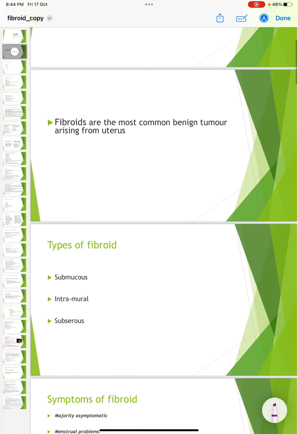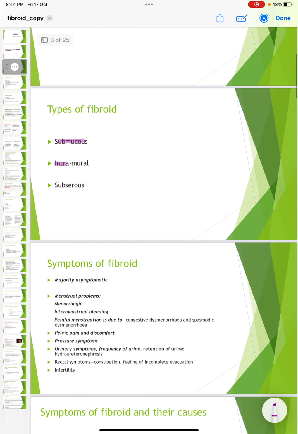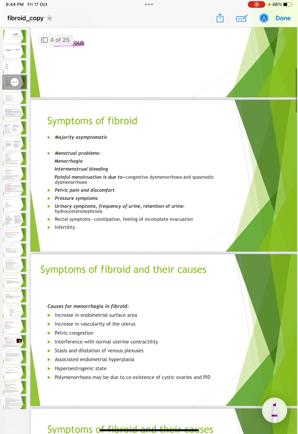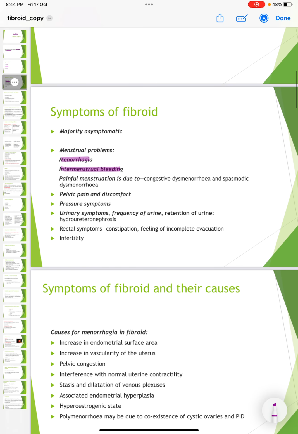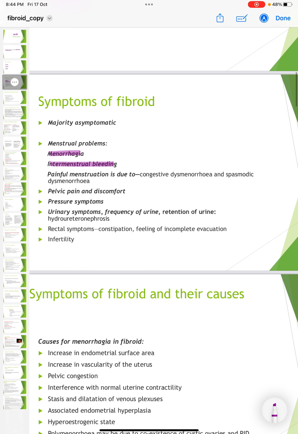So, fibroids, we know it is the commonest benign tumor which is arising from the uterus. It can be submucous, intramural, or subserosal. So, majority are asymptomatic. So, we get menstrual problems like menorrhagia, intermenstrual bleeding, or painful menstruation because of congestive dysmenorrhea